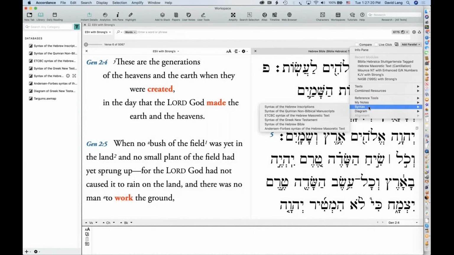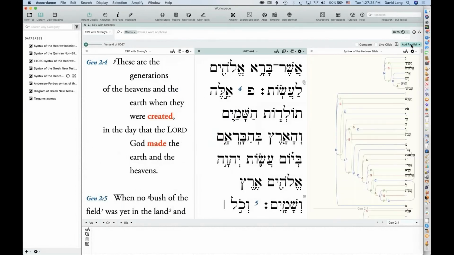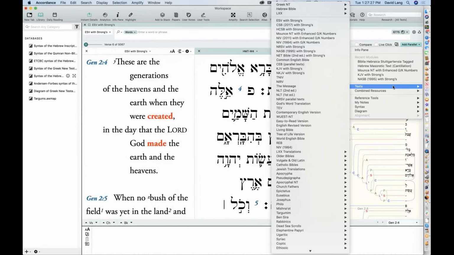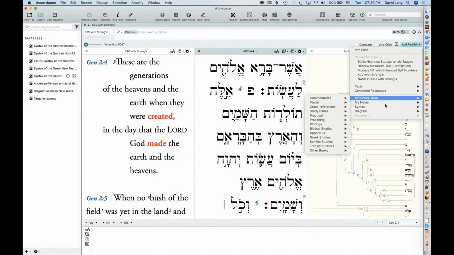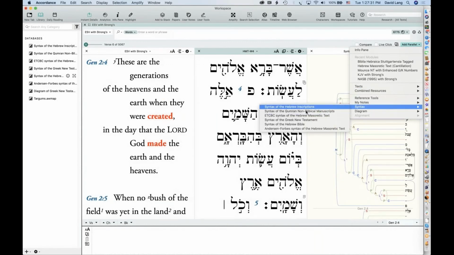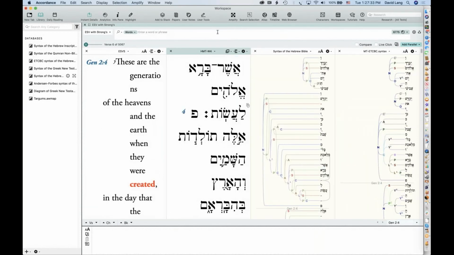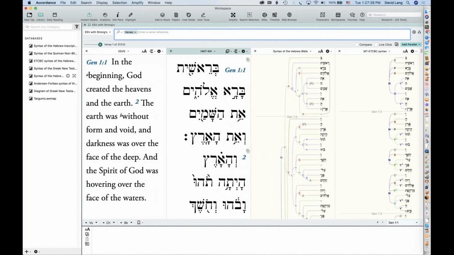Let's do the Homestead, and I'll also do the ETCBC so you can see the differences. Here we go. And let me just go to Genesis 1. And you can see kind of the differences between these syntaxes.